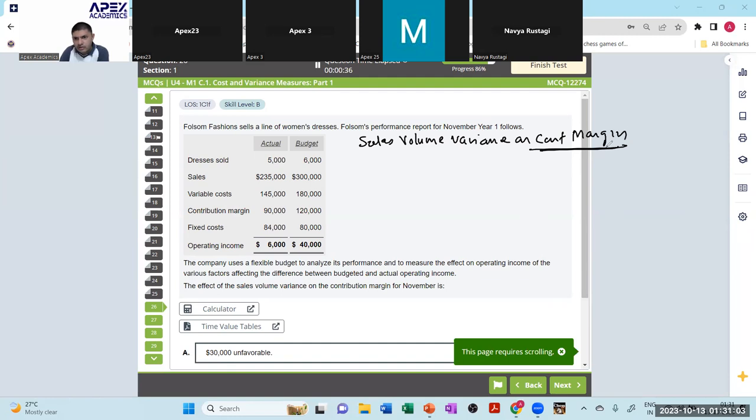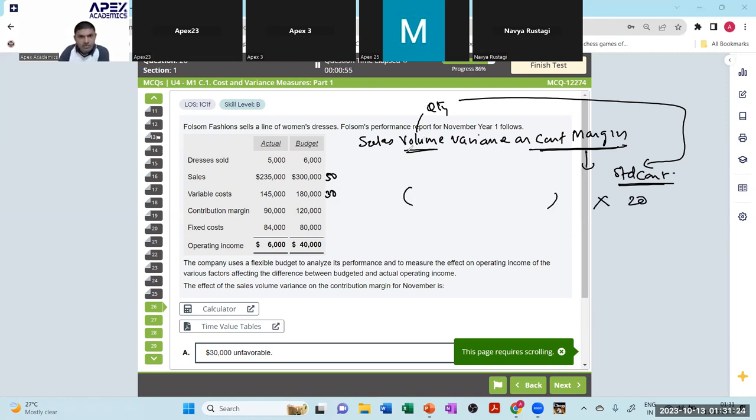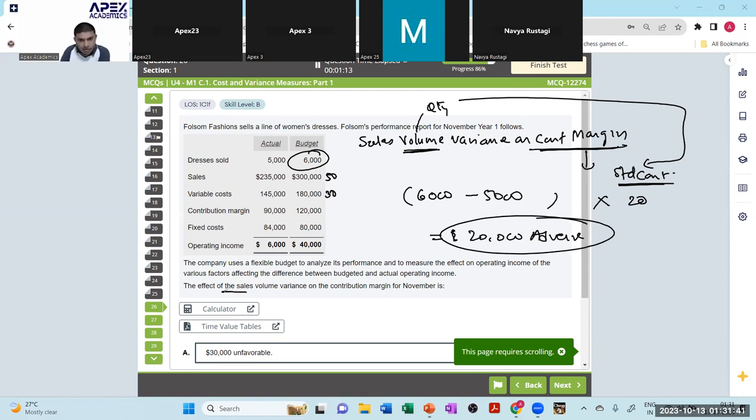ऑन कंट्रीब्यूशन मार्जिन। वॉल्यूम है, मतलब क्वांटिटी हुआ, क्वांटिटी है तो हमेशा स्टैंडर्ड प्राइस होता है, तो स्टैंडर्ड कंट्रीब्यूशन ढूंढते हैं। सेलिंग प्राइस 50, वेरिएबल कॉस्ट 30, तो स्टैंडर्ड कंट्रीब्यूशन 20। सेल्स वॉल्यूम, कितना बेचना चाहिए था, कितना बेच के आए, 1,000 इंटू 20, 20,000 एडवर्स। खत्म हो गया क्वेश्चन।